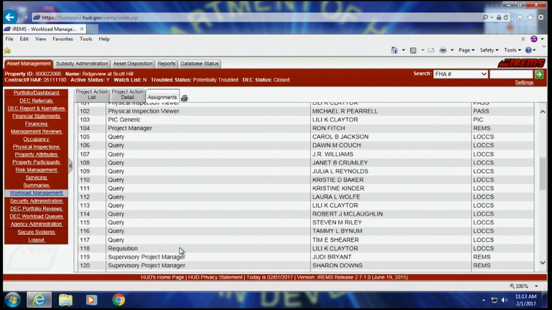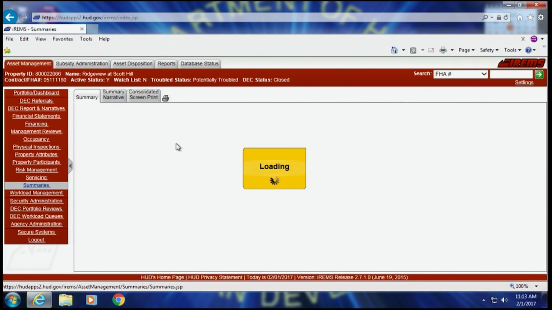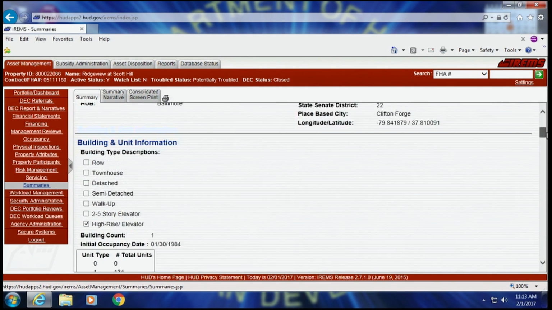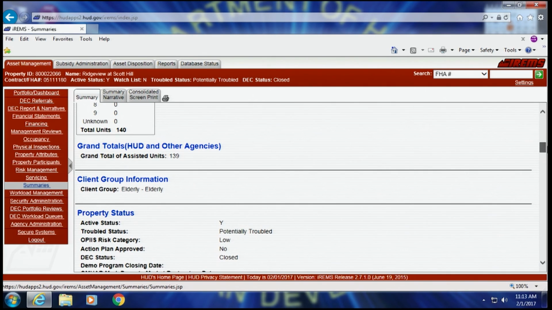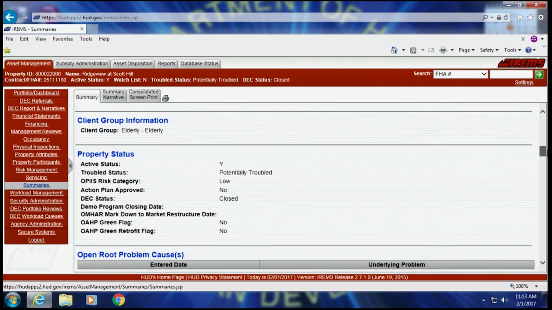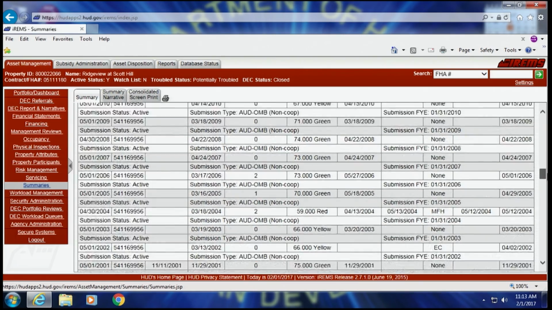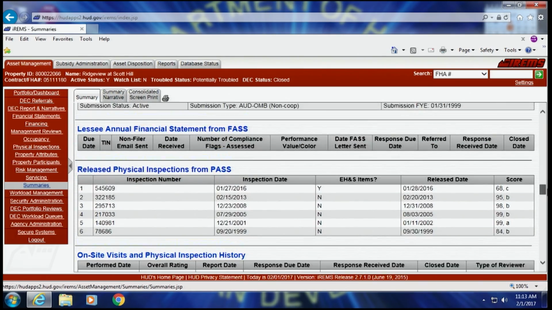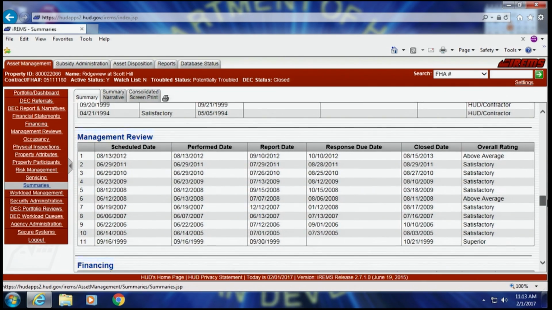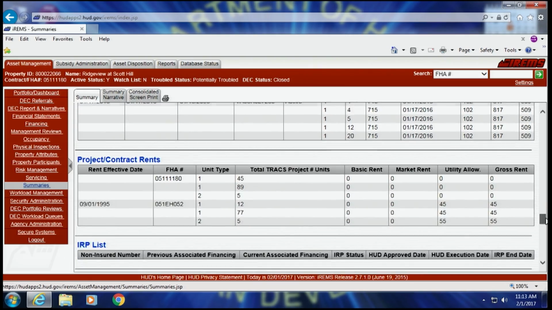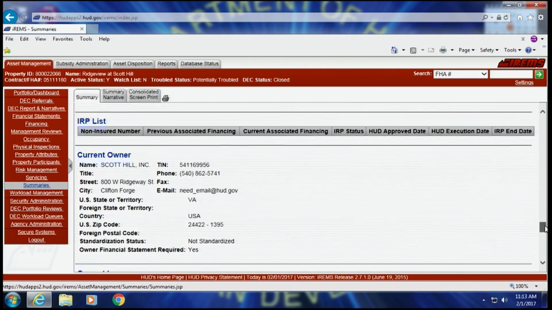All right, so let's quickly go over here to summaries. This is a very helpful sort of screen because it'll give you a quick snapshot of the summary of the property. It'll tell you all the screens that we've talked about. It's sort of the one place where you can go and just look at everything and see if it looks right to you. If anything needs to be updated, you can see it here. You can go in there and say, oh gosh, that doesn't look right. You can print it out. You can take it with you when you go to the property sort of to refer to.